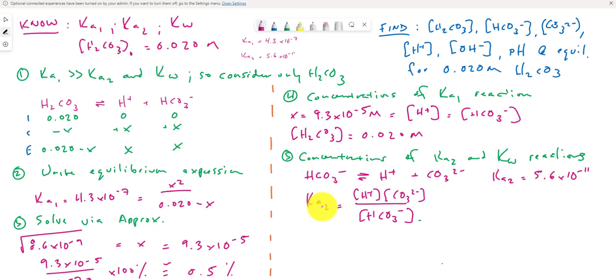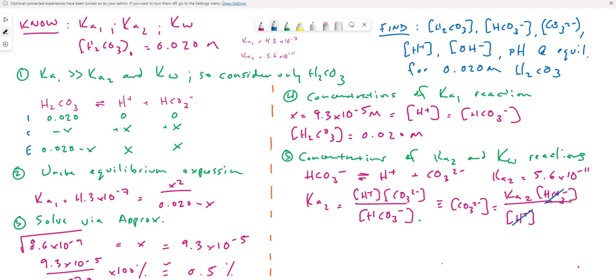It turns out we know Ka2, we know proton concentration, right? We just established that, and we know bicarbonate concentration. We established that as well. So we could rearrange this equation in terms of CO3 2 minus, plug in the relevant values, and solve for what that concentration should be. So just doing a little algebra here, we have now CO3 2 minus is equal to these terms, but remember, we just figured out what x was and said that that was equal to H plus and bicarbonate, which makes a big difference here because they're equal to each other. So if they're equal, then those things cancel out and our carbonate ion concentration is actually just equal